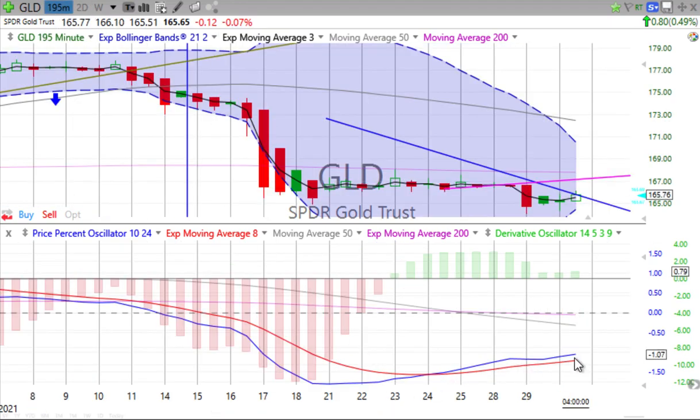Half-day chart, still price percent oscillator positive, derivative oscillator just barely positive. The end of the day with a green up candle, like we said, up a little bit for the day, 0.49%. So we'll continue to watch and see where these things go. I guess we maybe finally have a chance to try to draw. Well, that's not much. Not much, but we'll do what we can as far as tracking some up movement. Remember, bottom up, top down. That's the way that we draw our trend lines. Trend lines are most helpful. That's where we are on gold.